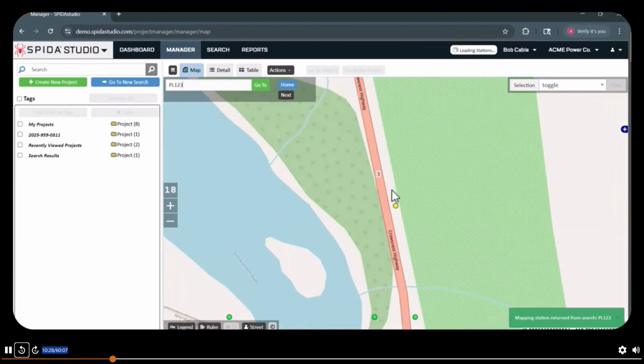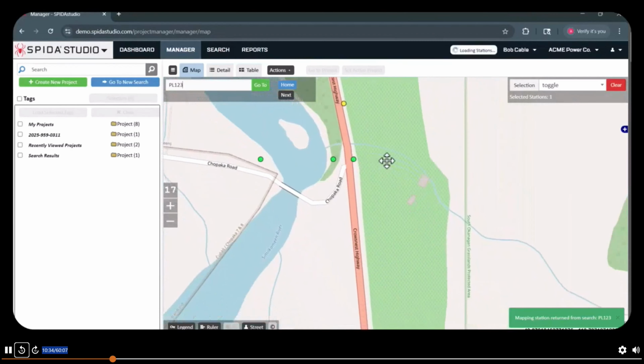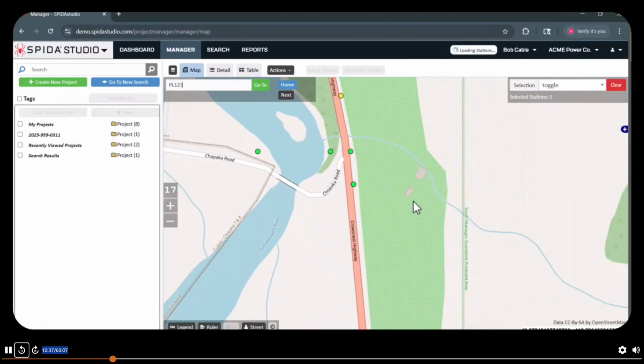So I've found the pole, one of the poles that I'm looking for. And I'm going to zoom out just a little bit so that I can see the additional poles in this area. And I am going to select each of the poles that I want to include in my project, or I can also change my selection to a polygon, for example, and multi-select poles by drawing a polygon around those poles. I have 6 stations or 6 poles selected, and these are the poles that I'm going to include in